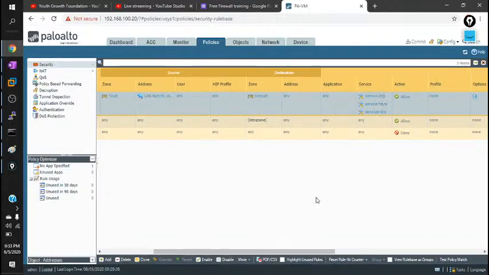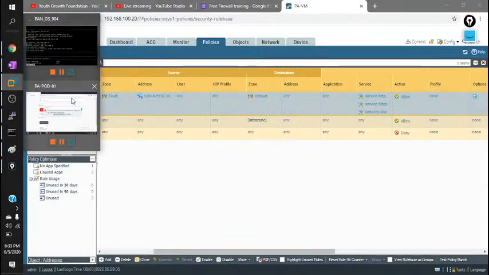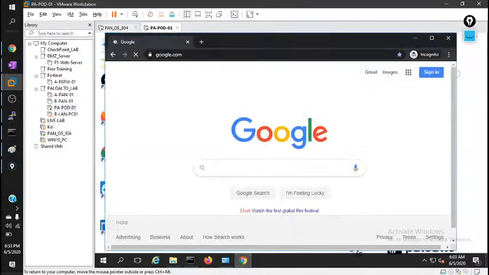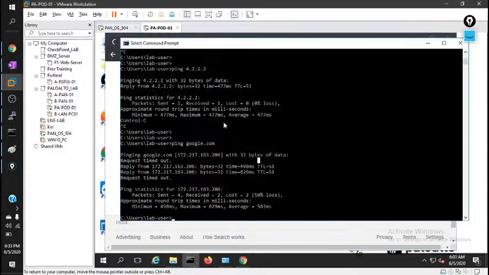Now let me go back to the test PC. This one is the test PC. This PC is getting a little bit slow. You can see we are able to access Google. This system is okay, but the internet speed here is literally only 2-3 Mbps. But as you know, we have allowed HTTP, HTTPS and DNS. So what do you think, am I able to ping Google or not?